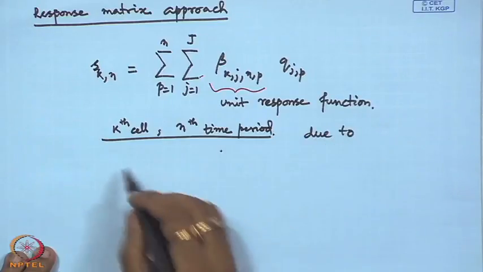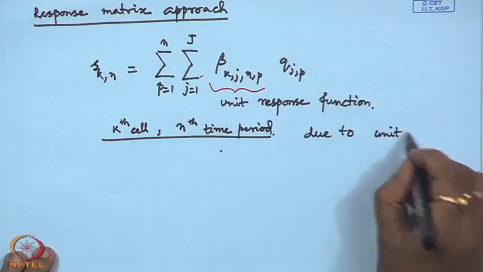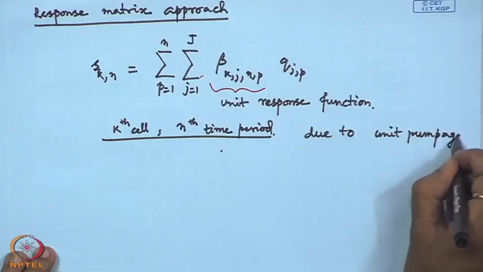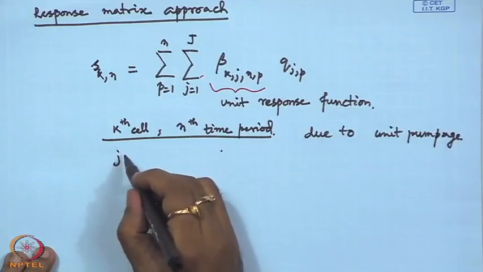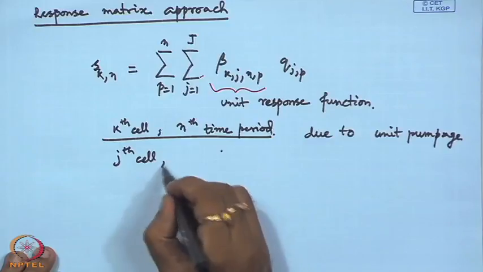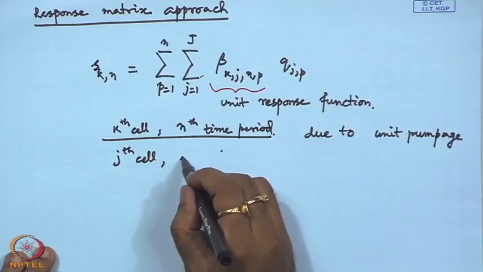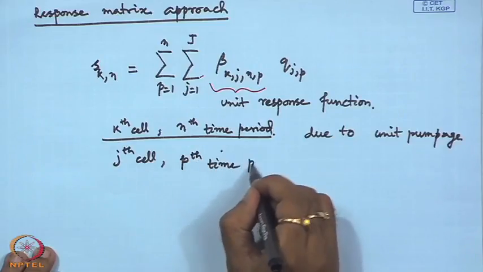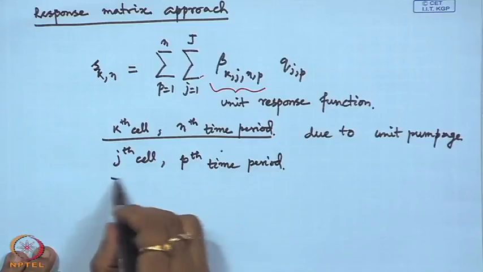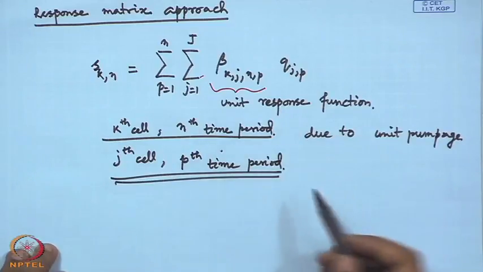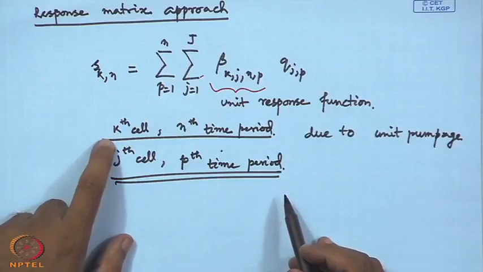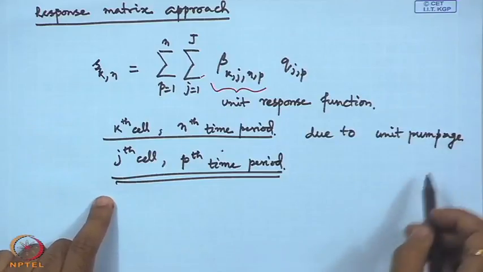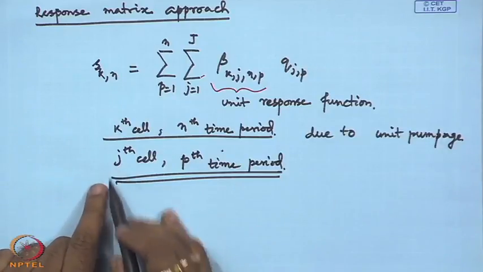to unit pumpage from jth cell and pth time period. So, this is some kind of unit response for kth cell at the end of nth time period due to the unit pumpage or injection in the jth cell